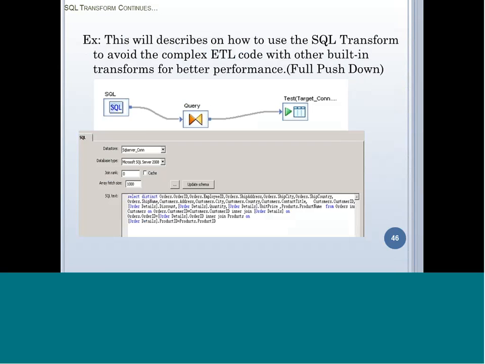The SQL transformation will describe how to use it, as in the example I have shown you, to avoid ETL code with built-in operations, for better performance. That is the push down mechanism that I've shown you in this particular PPT, which you're able to see here. So if you observe carefully here,